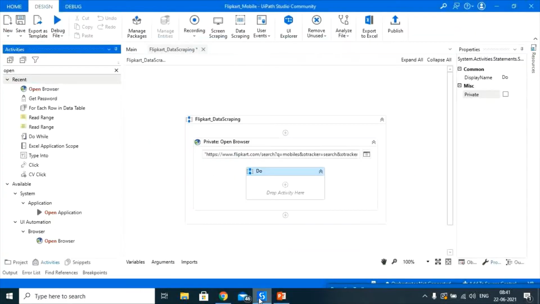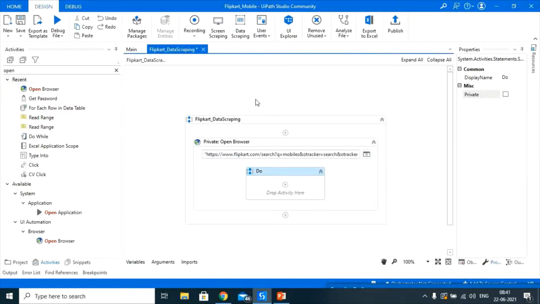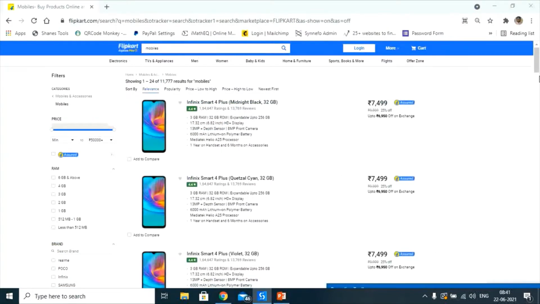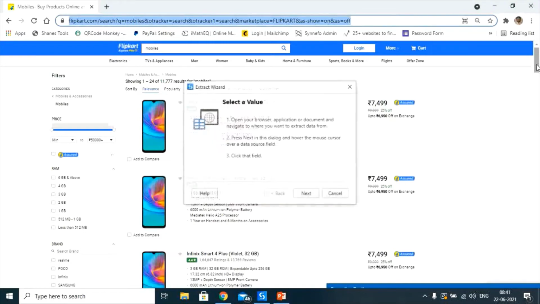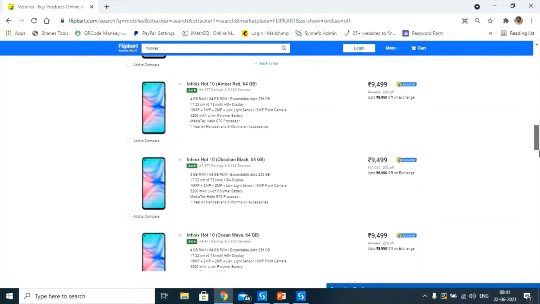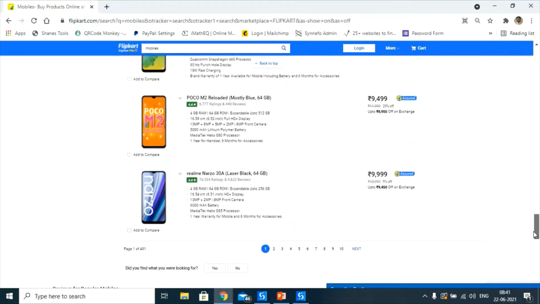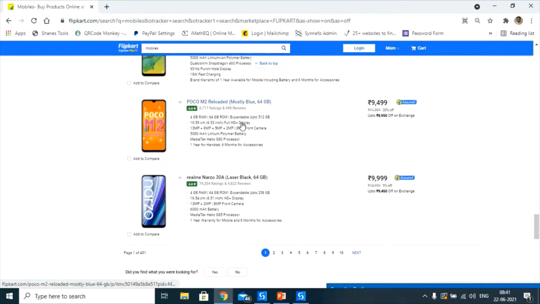Understood? Now next, let's try to extract the data. After clicking on this, the flow should go to this. Select this. After selecting, just hit on the option called data scraping. You can see here data scraping. Hit on data scraping. Now it will take you to this location. Go to the last pages, or else you will have the problem of pausing the video.